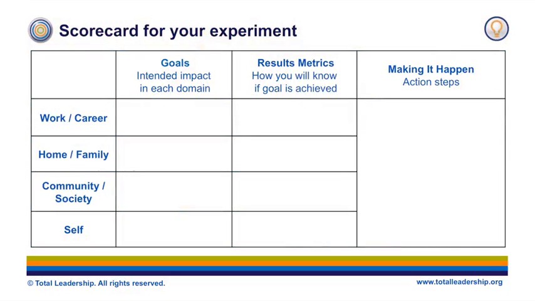The second column of the scorecard asks you to devise practical metrics for your experiments. Why metrics? Well, if you don't measure it, you can't really study it, so you won't learn as much from it. It's that simple. Also, you can't see progress you've made without having some data that tells you whether or not you're making that progress.